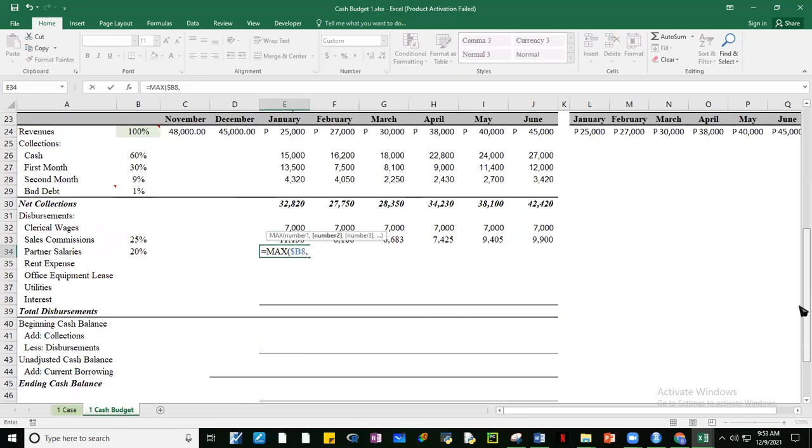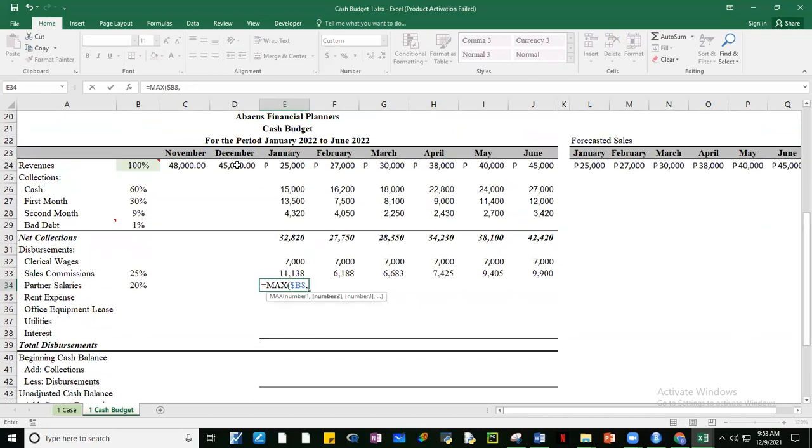yung commission, which is the sales of the previous month, multiplied that by 1 minus the bad debt. Okay, nakafix ulit, and then times yung 20%. Okay? All right.